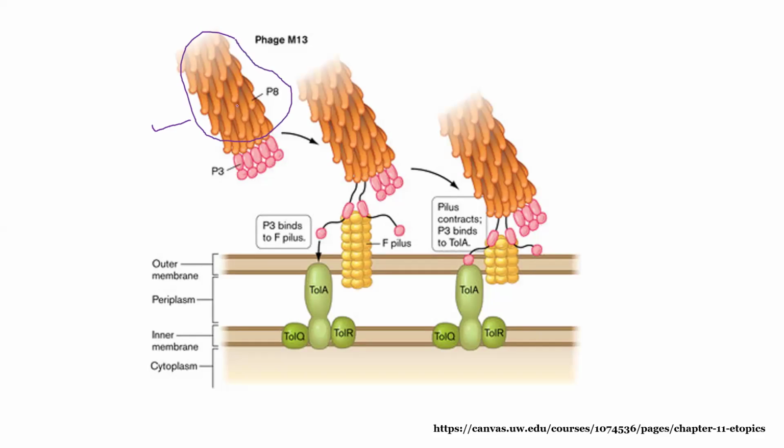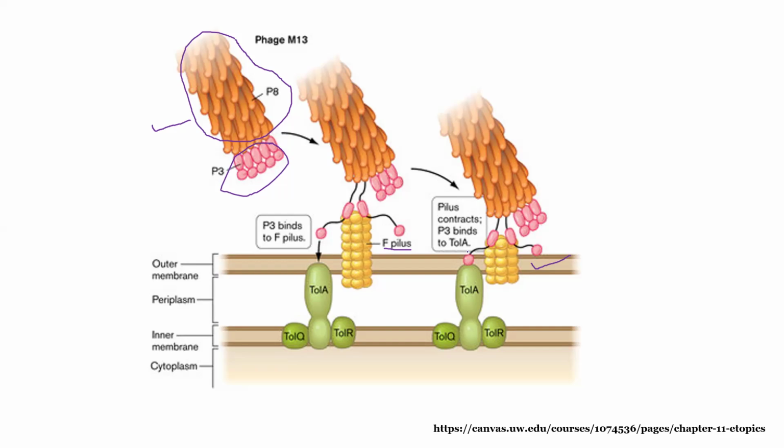This is the P3 protein, which is involved in the attachment. The P3 protein here attaches to the F pilus or the sex pilus. After the attachment, the pilus contracts. In the next step, the pilus has contracted, and the phage is brought near to the cell membrane,